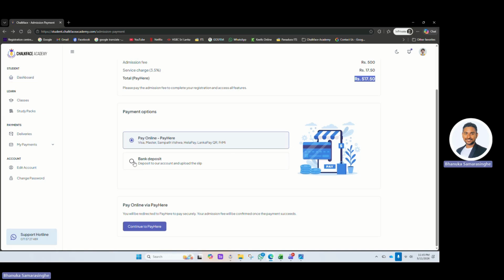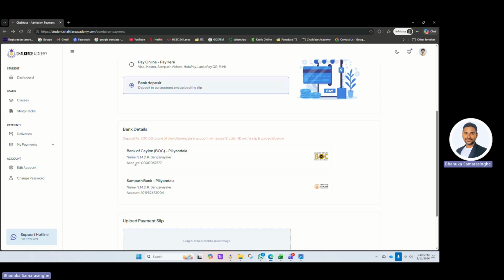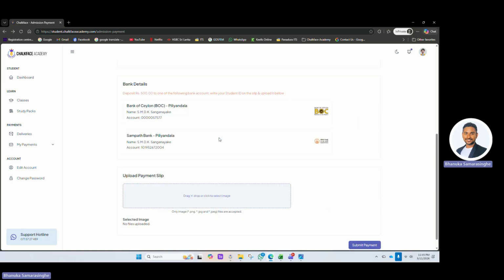So since we are actually talking about another option, how you can pay admission, class fees, any other fee type, I'm going to explain that second option, which is bank deposit as well. As I mentioned, there are 3 ways. You can either go to the bank directly during banking hours, and then you can actually fill a deposit slip and pay the class fee or the admission fee or any type of fee to Chalkface Academy using these banks, BOC or Sampath. Or else you can go to the CDM of those banks, BOC or Sampath, and deposit to